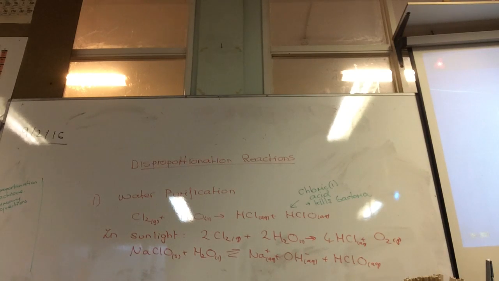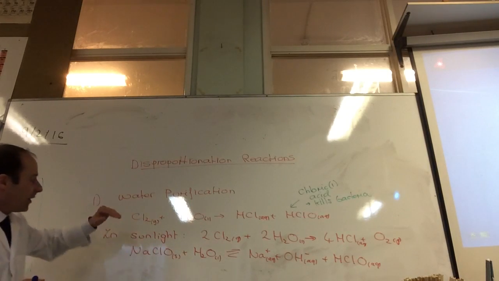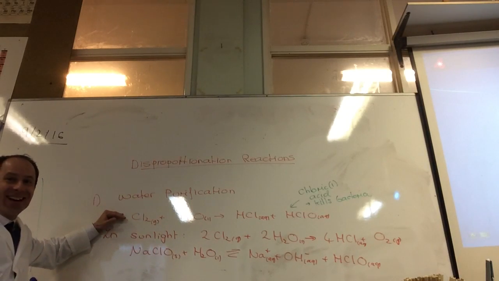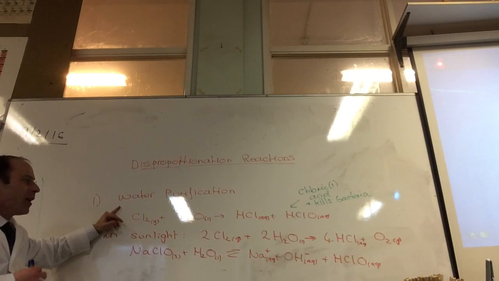We're going to look at disproportionation reactions. Now, these are quite interesting, and this is what Group 7 is particularly good at doing. So the first one is water purification. You've got to know this equation, but the main thing is you understand why we call it a disproportionation